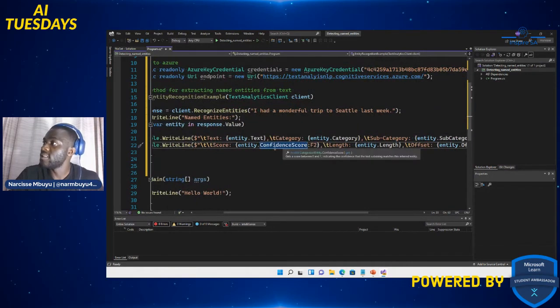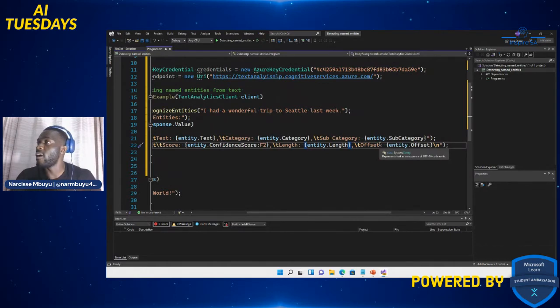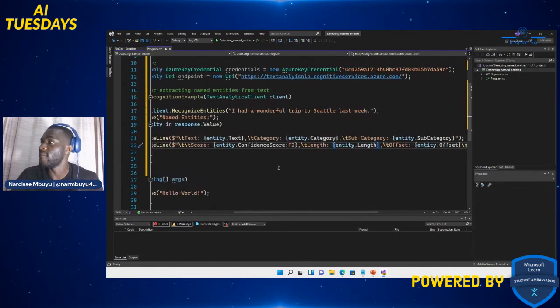How confident is the AI that it is what it is, the length of it, and the offset. How far off is it from the start, basically? That's what offset means. As you can see: entity.Text, entity.Category, entity.SubCategory, entity.ConfidenceScore, entity.Length, entity.Offset.